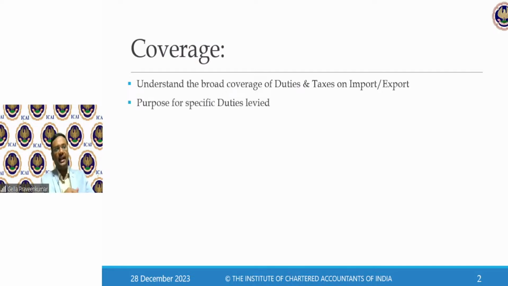And in the process, I'll make you understand what specific duties are levied and the purpose behind each particular duty, how the government will formulate the levy of various duties, and what are the prevailing circumstances for those duties to be levied. Also the rights and remedies, as the government feels this particular duty has to be levied or not to be levied. In case there is any aggrieved party who is not happy with the duties and taxes which are levied, what are the remedies available to those parties?